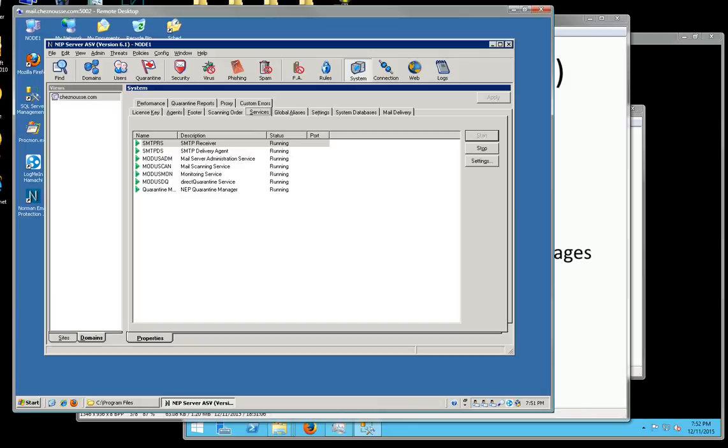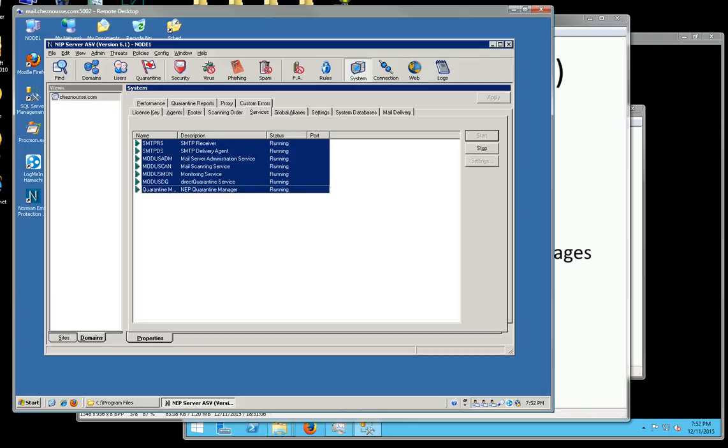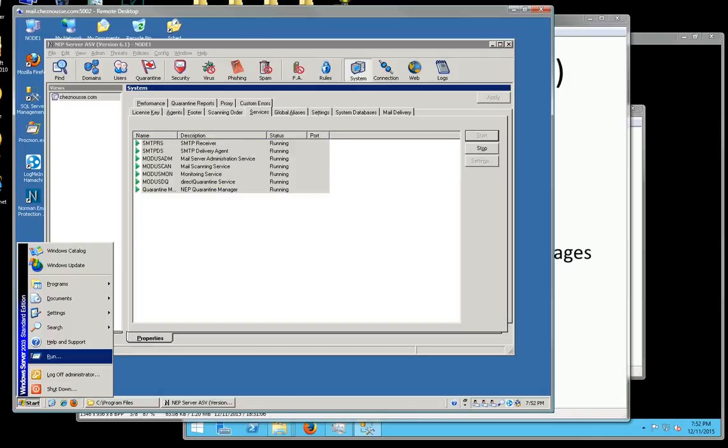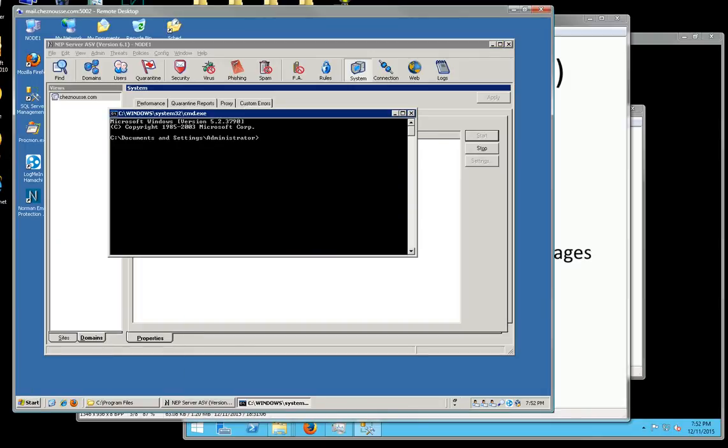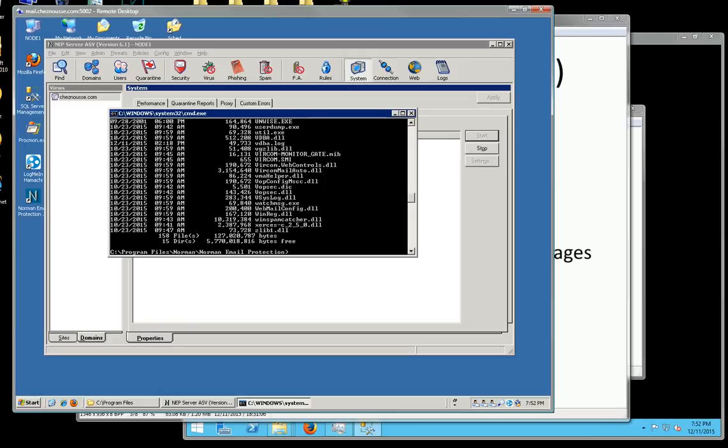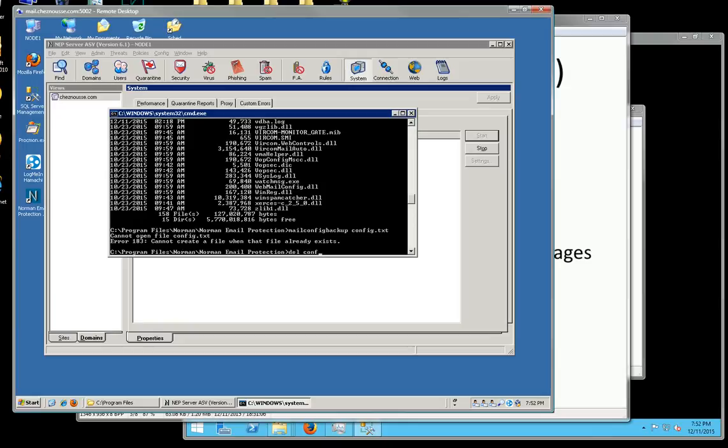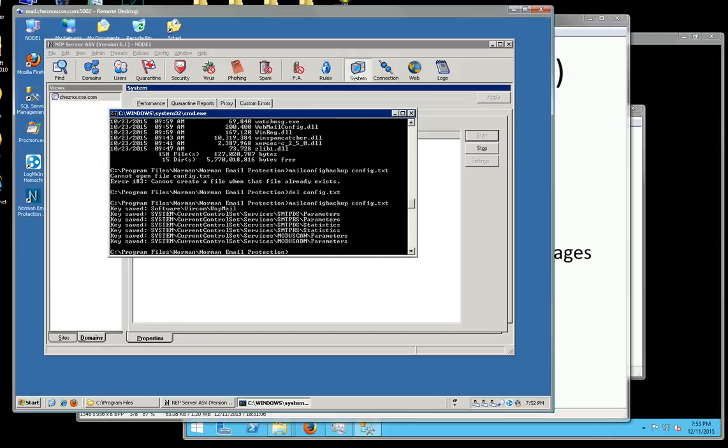Here's the downtime. The first downtime comes in where you have to stop the services on this box. Well, to get the registry configuration files, you don't need to actually stop the service. So you go to the root folder of where Norman Email Protection is. You do mailconfig backup config.txt. Right, I'll use this so you can delete it. And you do it again. There's our config file. If you open it up with Notepad,